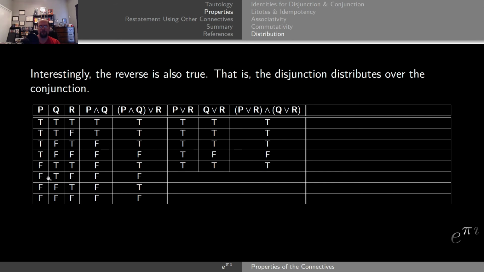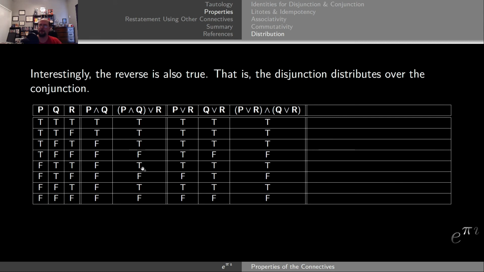Over here, however, if I switch that and make P false and R false, that's going to make the disjunction between P and R false, making the conjunction false. If both P and Q happen to be false, R will make both of these true in the disjunction, making the conjunction true. But if all three are false, unfortunately, then that's going to make both columns false, which makes the conjunction false, giving me the pattern true, true, true, false, true, false, true, false, which is the same as